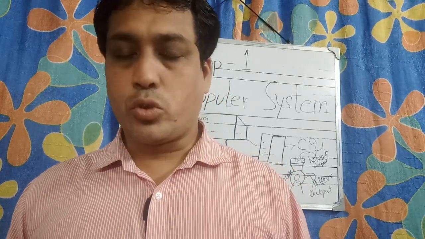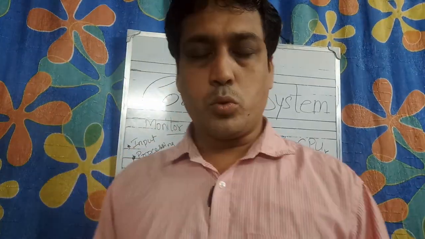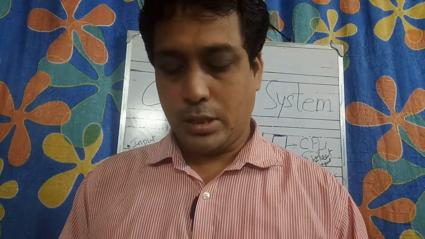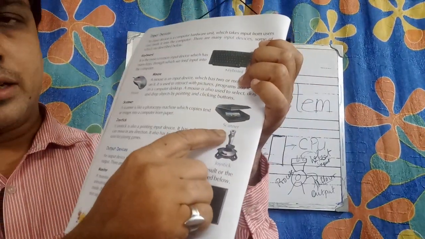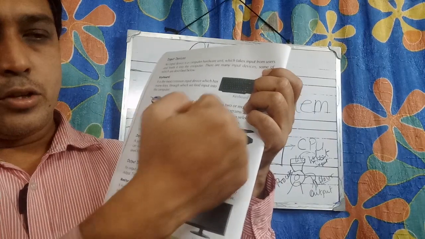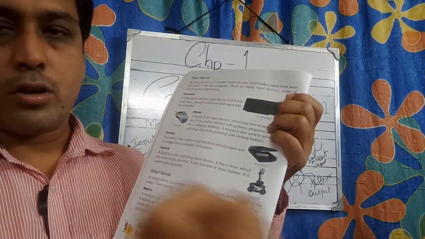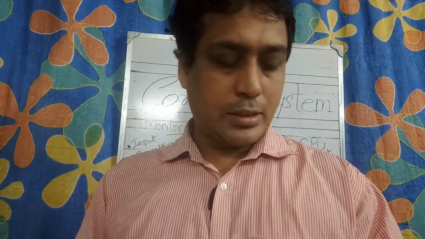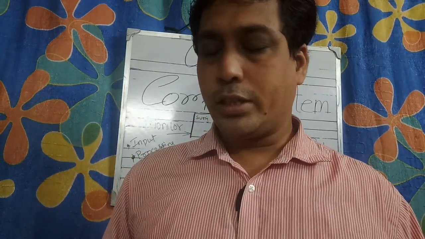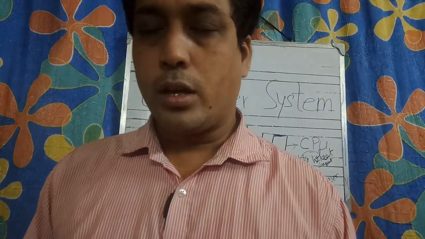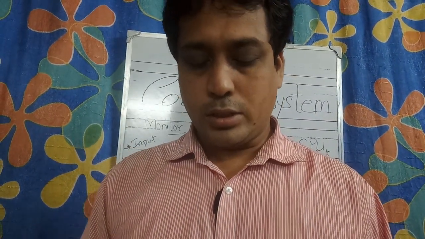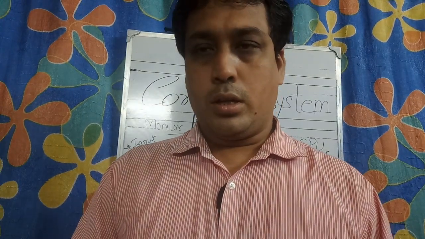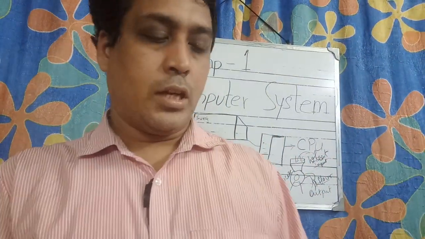Last, that's the joystick. This is the stick which is used mostly for playing games. You can see the picture over here. It's a joystick which is used to play games. Normally it's like a gear. You can put it up, down, left or right, whichever you want. It is like a pointing device in a game which you can use to move any object on the screen. So this is what we have learned in today's class,